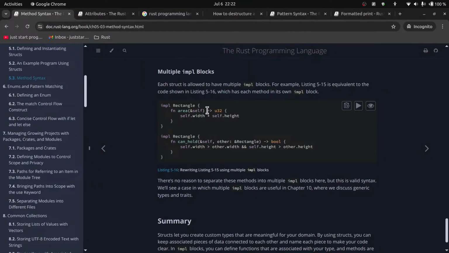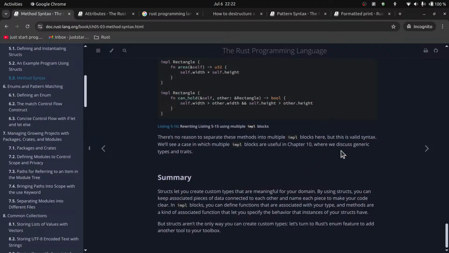Okay. Summary. Structs let you create custom types that are meaningful for your domain. By using structs, you can keep associated pieces of data connected to each other and name each piece to make your code clear. In impl blocks, you can define functions that are associated with your type, and methods are a kind of associated function that let you specify the behavior that instances